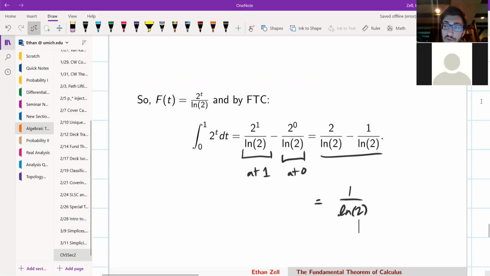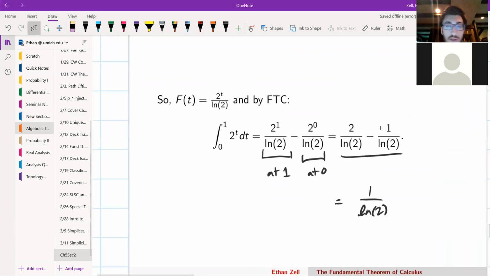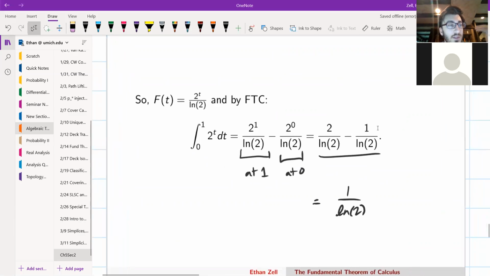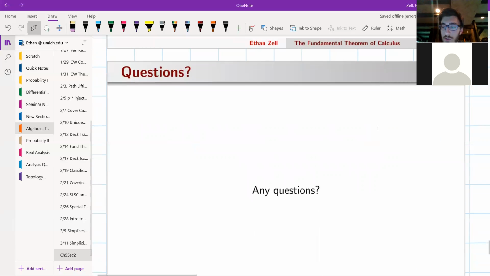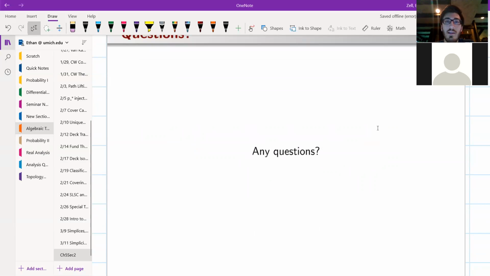So that's kind of amazing, because before we were doing all this rectangle stuff, and sometimes if we can't get an exact answer, that's the best we can do. But here we can get an exact answer for the area under this curve, just using what we know about calculus and nothing else, which is kind of amazing. So really, that's it for this lecture. So I'll stop there before I maybe do just a couple more examples. But let's see if